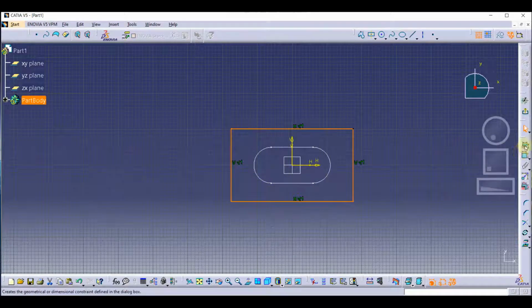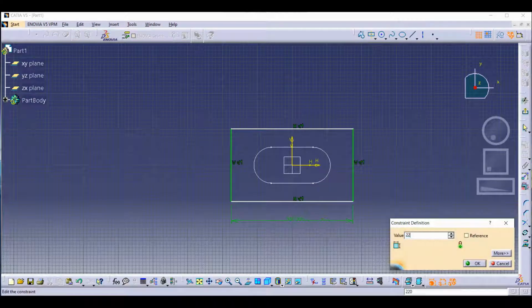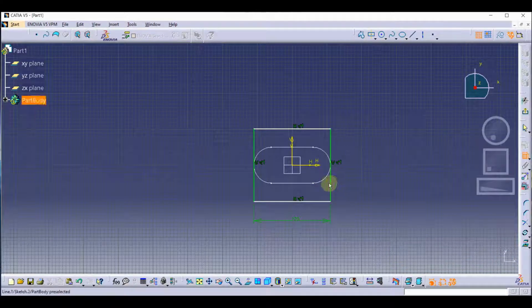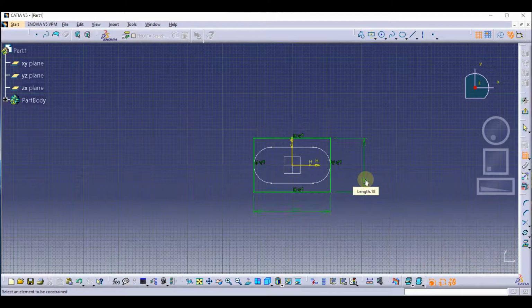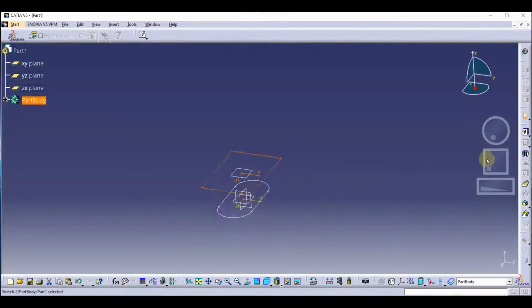Now let's add the constraints: 220, 150. Okay, now let's exit the workbench. Now as you can see we have drawn two sketches on two different planes, the same plane but at some distance.